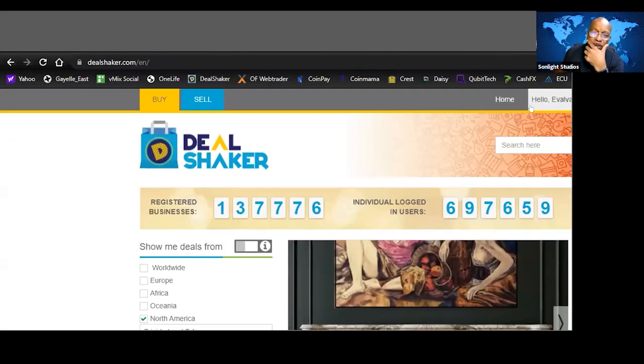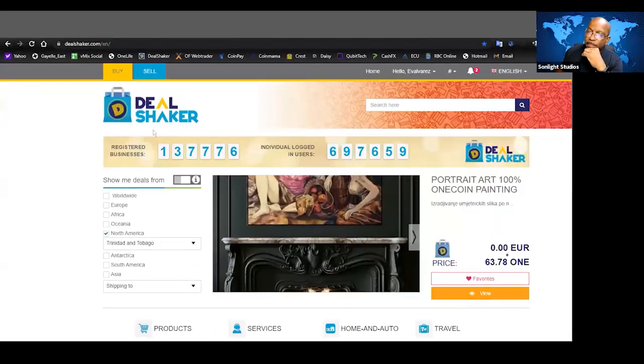So once you've logged in, you would be on the Buy tab by default, which is where you see this page, which is your main login page. You have the amount of registered businesses online, and the amount of people actually on the network at any point in time. Here, 697,659. That's how many people are actually on Dealshaker at this point in time, trying to do something. So what you do, even though you don't have a store, it will still apply. To see the amount of coins you have, you click the Sell tab